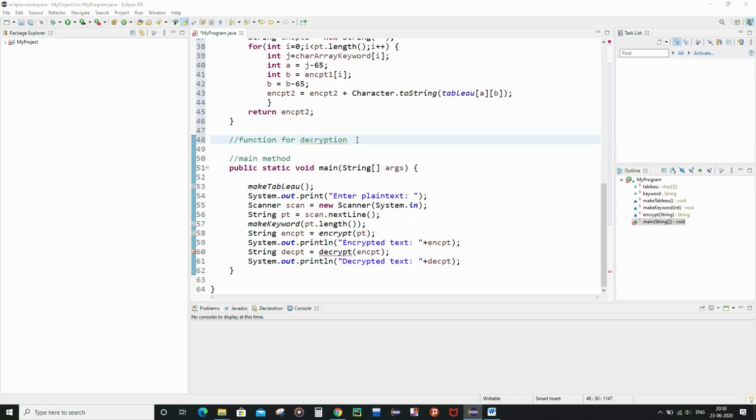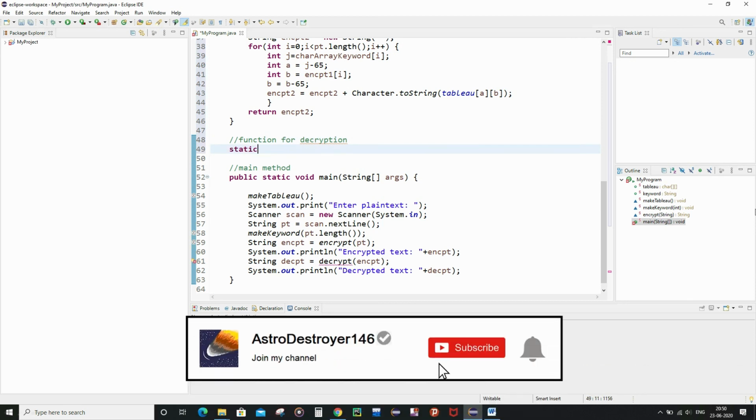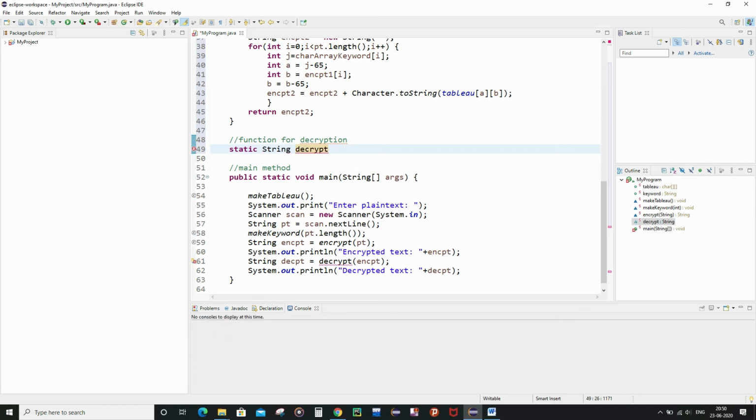Now let me write the decryption function. It is going to accept the encrypted string variable as its parameter. So string encpt.